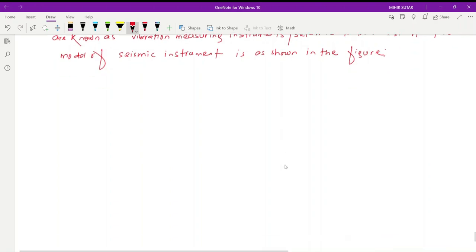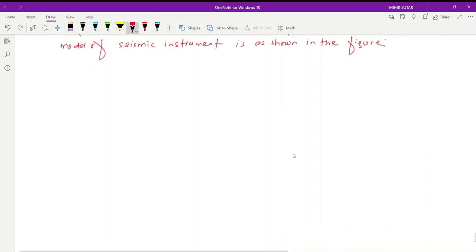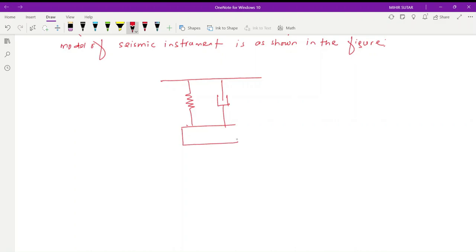Now if you draw a simple schematic of a vibration measuring instrument, let's say we have a spring, then we have a damper here connected to the seismic mass. We call this a seismic mass, and everything is kept inside a frame. There will be a frame,